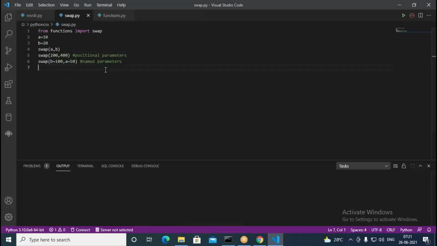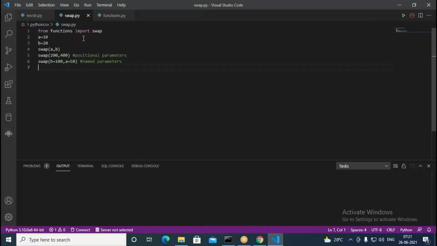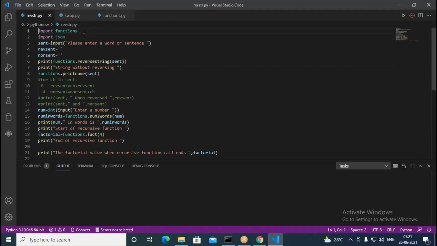So in two ways you can use the external library. functions.py is an external library, and you can use it in two ways. One is importing only the function which you need, or else you can include all the functions of the given functions library.